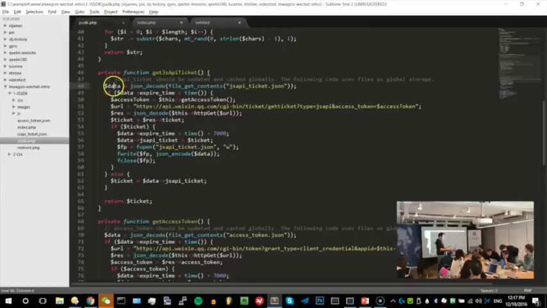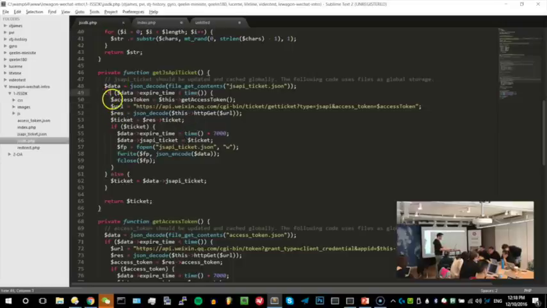So it's taking this data and trying to see if the data is expired or not. If the expiring time is after the current time given by the time function, that means the token is expired, so you need to take another token.